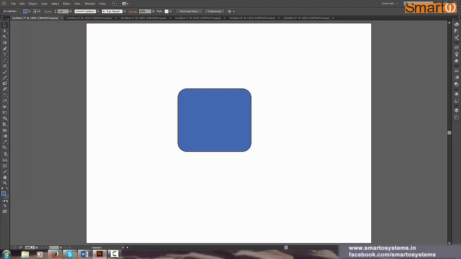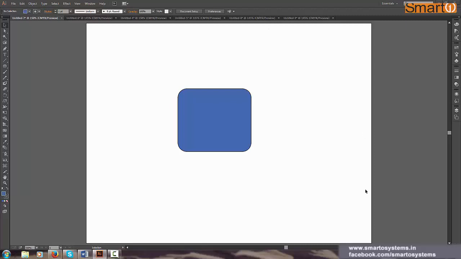So let's say you have opened a document which is of a very small size, 600 by 400 pixels. When you open a file in Illustrator, it automatically fits the document to your screen.